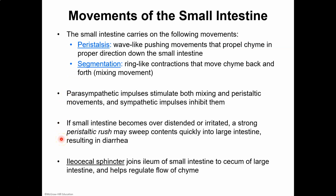Now, this happens in the small intestine as you're going along. Remember the three parts of the small intestine, right? You have the duodenum first. That is less than a foot long. Then you have the